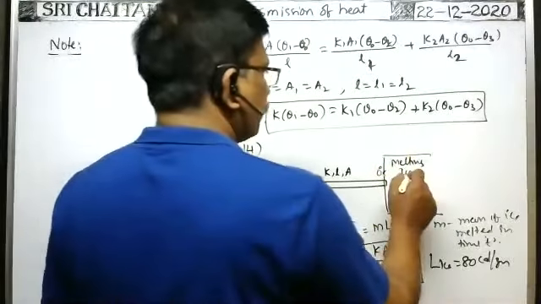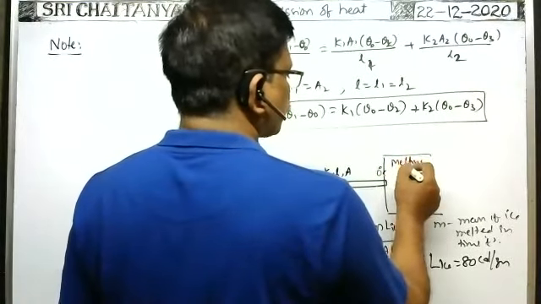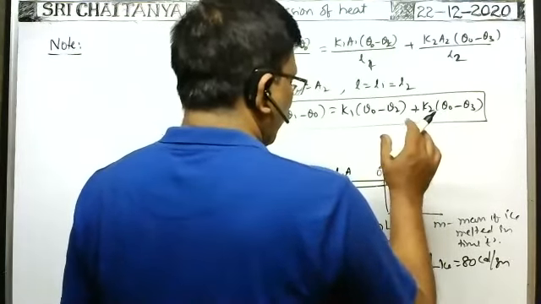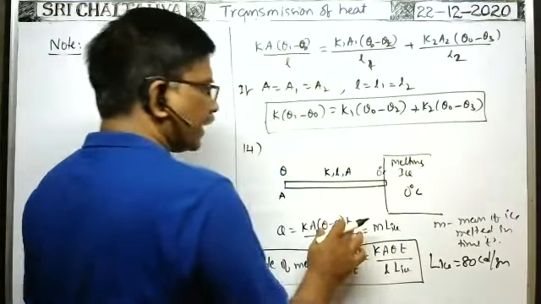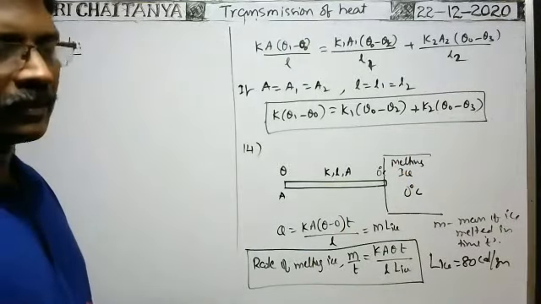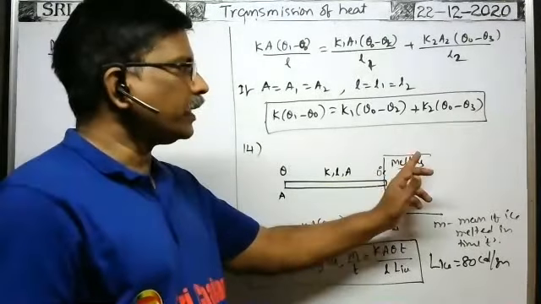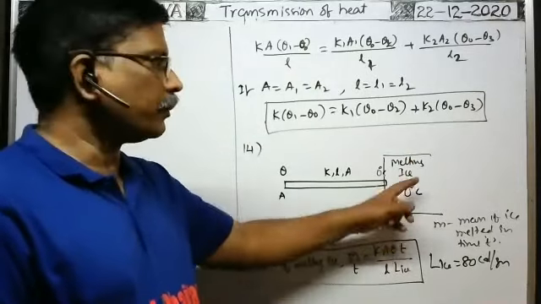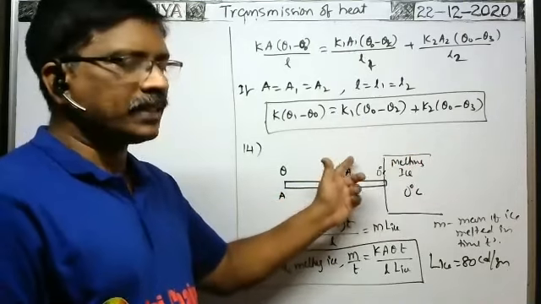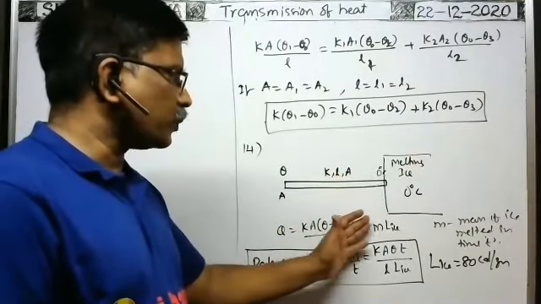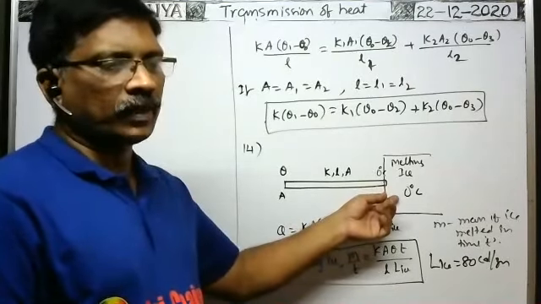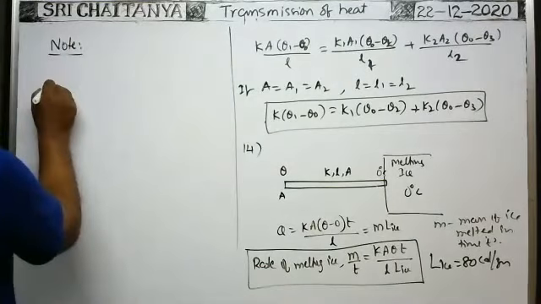Suppose it is water, or any body, then what is the increase in temperature of this body in a time t seconds? They may ask. This heat energy transmitted is absorbed by this body. What is the rise in temperature of the body in t seconds? In t seconds, this is the heat energy transmitted. That is equal to the heat energy required to raise the temperature.